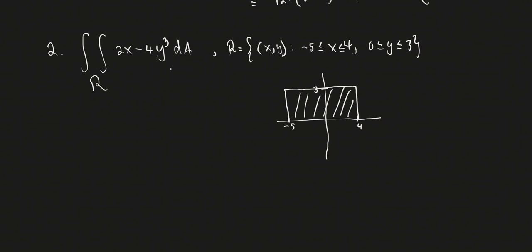So let's do this one where we do the integral with respect to y first and then with respect to x. Right? So when we set it up as a double integral with the specific limits, I would have to put my y limits first. Right? So y goes from 0 to 3. And then x goes from -5 to 4. And then here's my surface, the 2x minus 4y cubed. And then in terms of the order, it will be dy